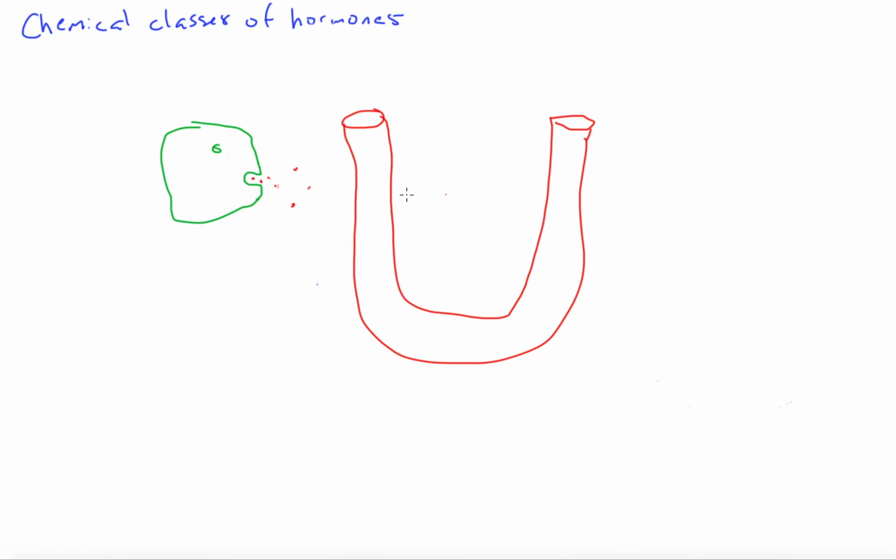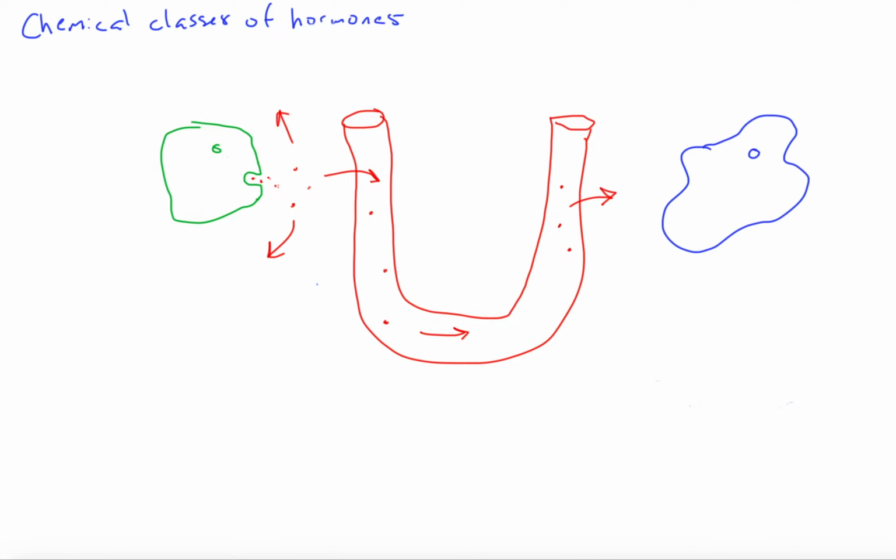Drawing this arbitrary set of blood vessels here, right? We would have diffusion into the blood vessel, and diffusion just about anywhere and everywhere in the interstitium. But the hormone that gets into the bloodstream is going to be carried by the flow of that blood. It's going to end up in all tissues, or almost all tissues, where it has the potential to diffuse out. And so now we would have a target cell of some other type over here,